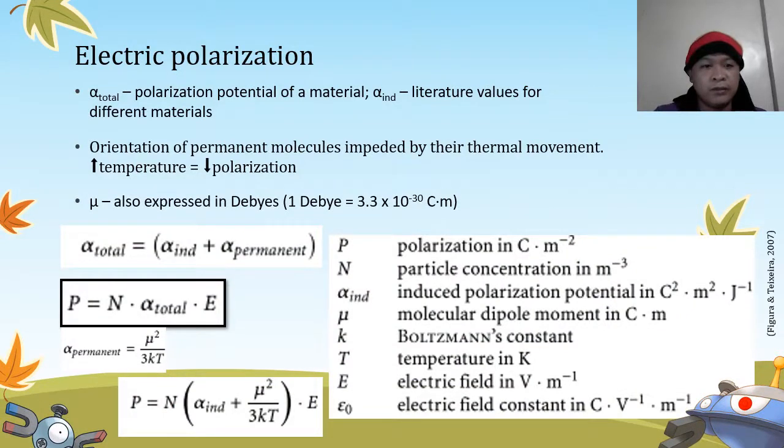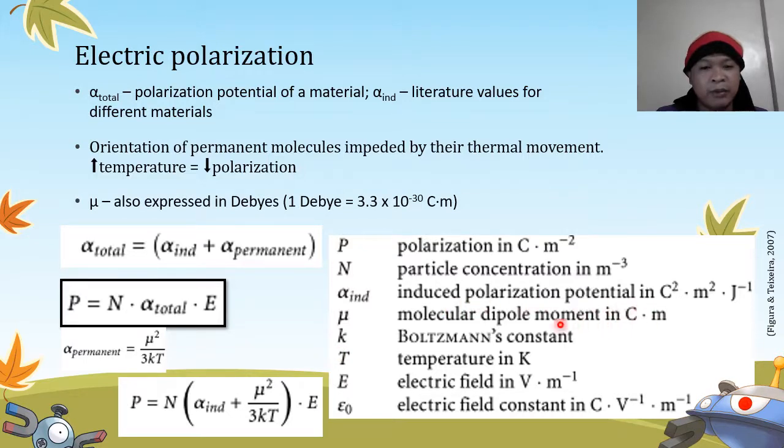Alright, so yung total polarization ng isang material is dependent on its total polarization potential, alpha total, the particles concentration, and the electric field. So, and as we have seen earlier, yung total polarization potential is dependent on the permanent and the induced polarization. Okay, so and then the permanent polarization is dependent on